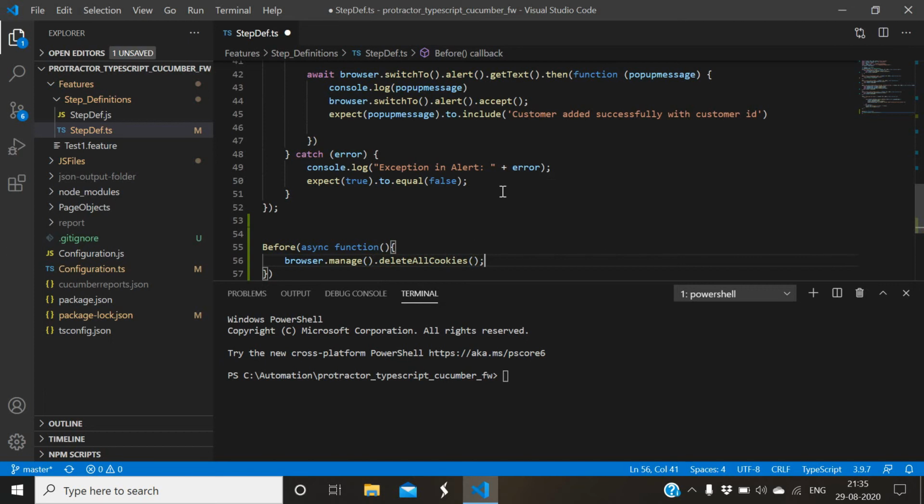This is the method for deleting the cookies. So before starting any scenario, it will come to this block and do the operations, and then it will move to the scenarios to execute.